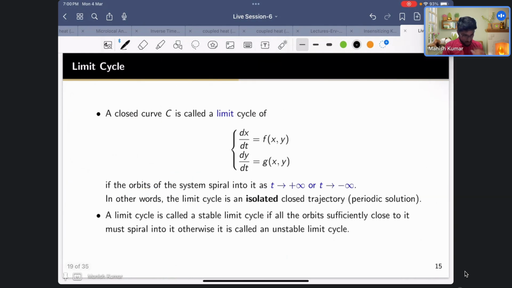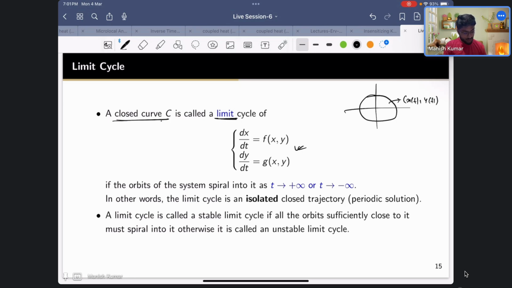Okay, there is one other notion called a limit cycle. If you take any closed curve, is that closed curve a limit cycle or not? What does it mean? This closed curve is called a cycle. Suppose in R2 this is a closed curve, by which I mean the solution is a closed orbit, coming as a solution (x(t), y(t)). This will be called a limit cycle of the system